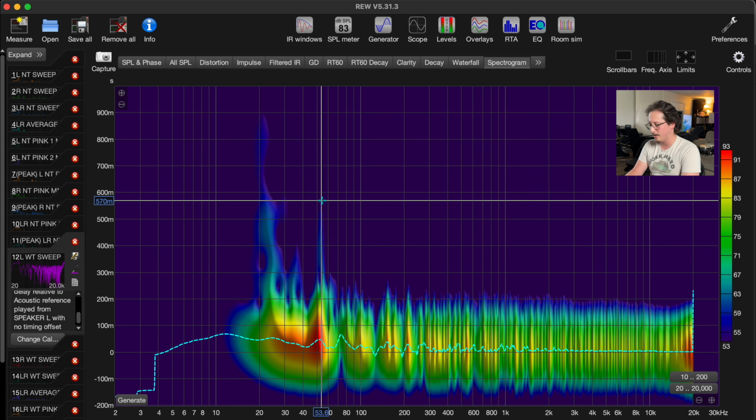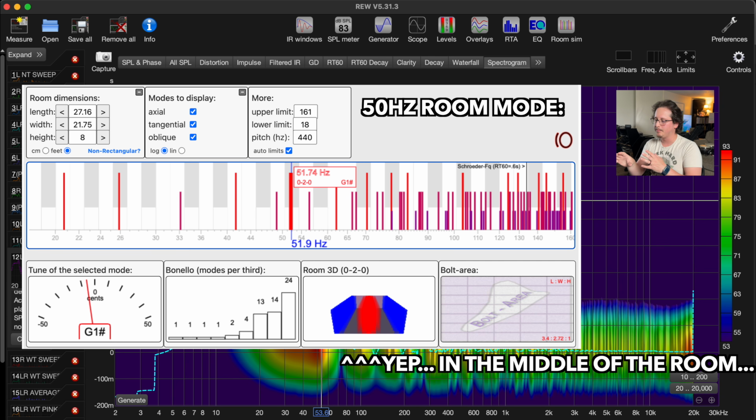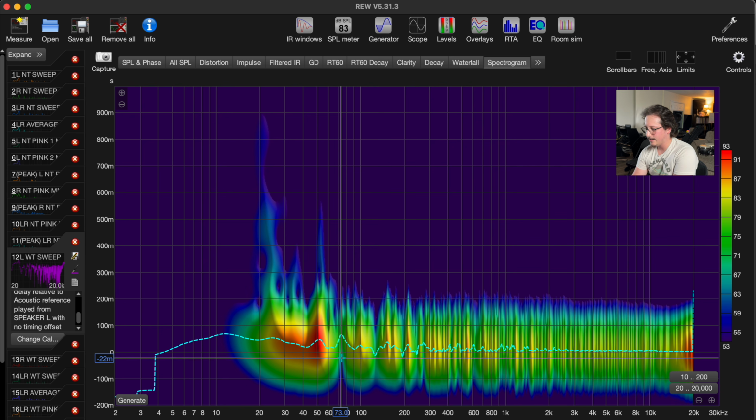55, 52 hertz. So we're gonna take a look at a room mode calculator and maybe see if we can figure out where that is, where we can put treatment, and maybe figure out what's going on in that area. We also have a big dip. You can kind of see that there's a lot less frequency energy at 73 hertz, so we're gonna keep that